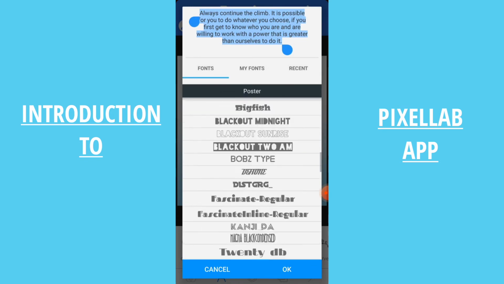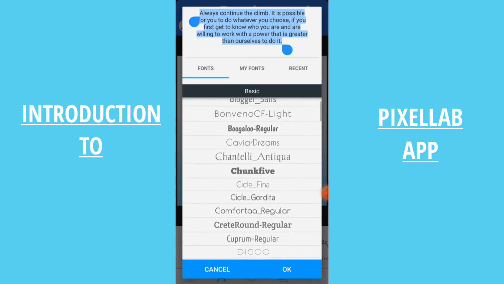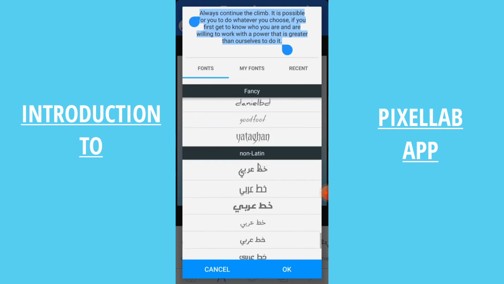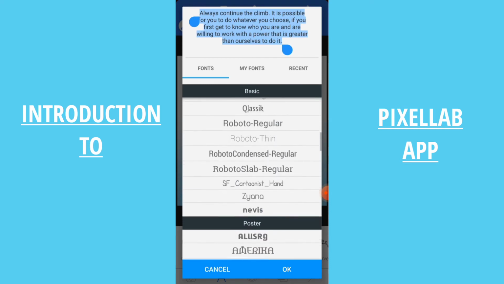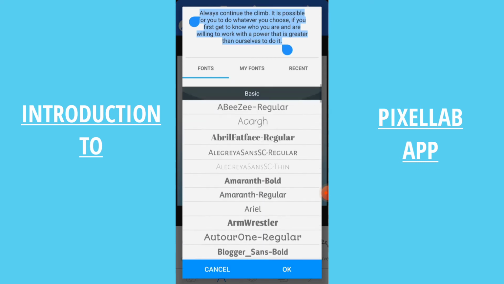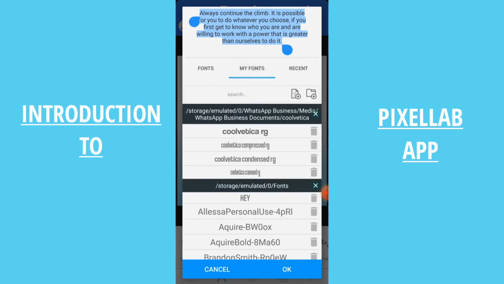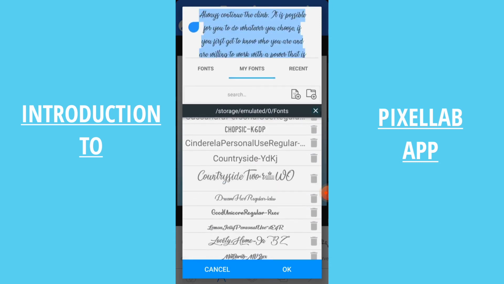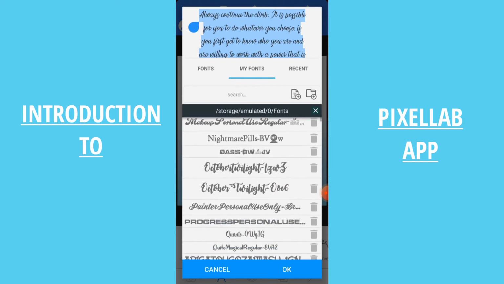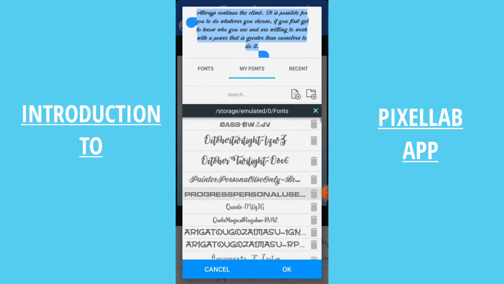Okay, so this is the default font Pixellab is providing for you. Yeah, these are the fonts. You have non-Latin, fancy font, whatever fonts, poster fonts, basic font. So I have some particular font I work with. So how do I get this font? I download them. Yes, that's what I do. I download this font, and then I do what? I install them. I import them rather